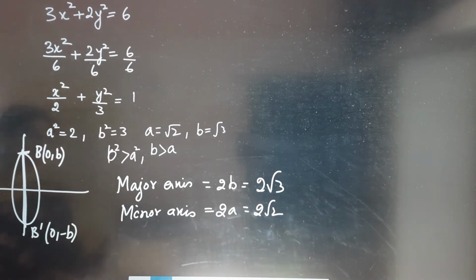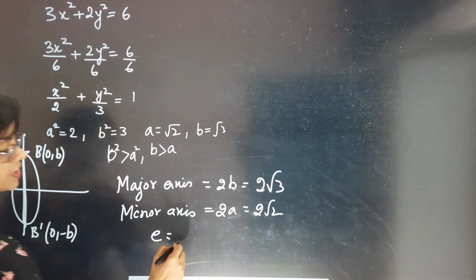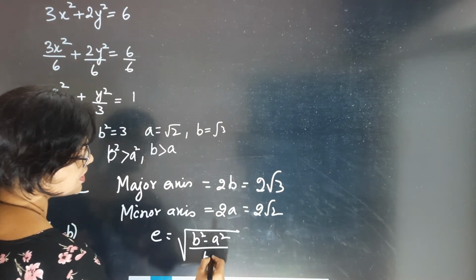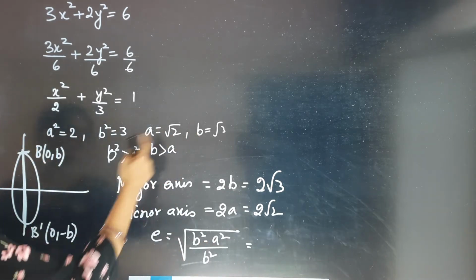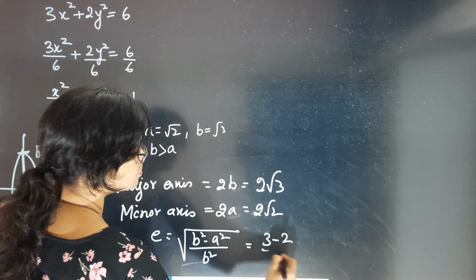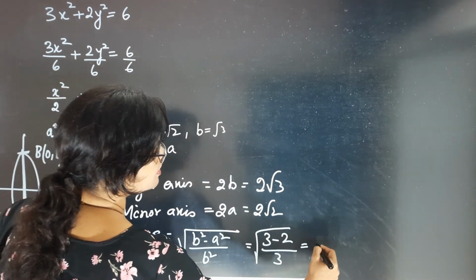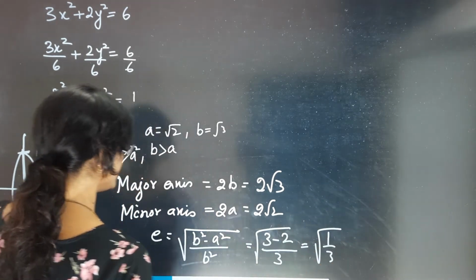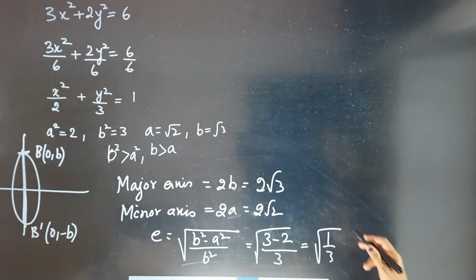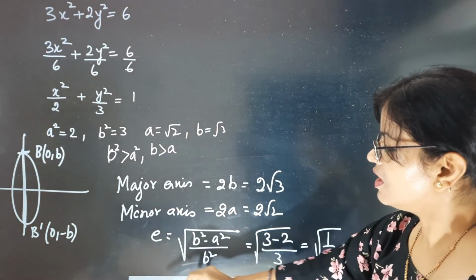Now we have to find the eccentricity. In this case, I told you the eccentricity will be the opposite, so it will become (b² - a²)/b² under root. So b is exactly root 3, so b² will be 3. So (3 - 2)/3, which comes as 1 by root 3. So the eccentricity is 1 by root 3. After getting the eccentricity, now we have to find the coordinates of foci and vertices.